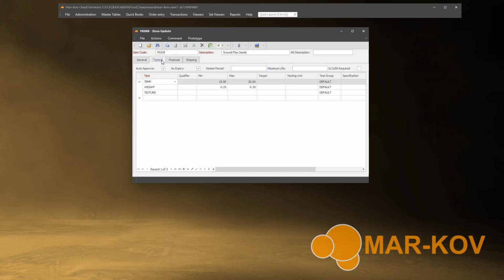In the Testing tab, we have a flag called Is C of A Required? If this flag is checked, then a C of A is required in order to release the lot for production. If this flag is unchecked, then a C of A is not required to release the lot. For this training video, we are going to select the Is C of A Required flag. To save our selection, we will hit the Save icon, and now we will proceed to receiving some ground flax